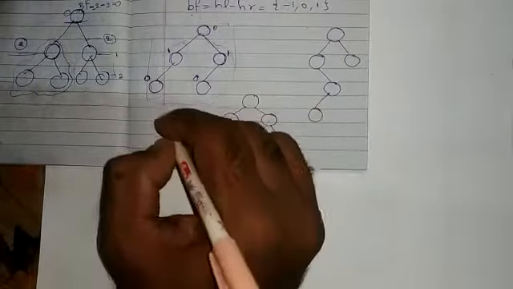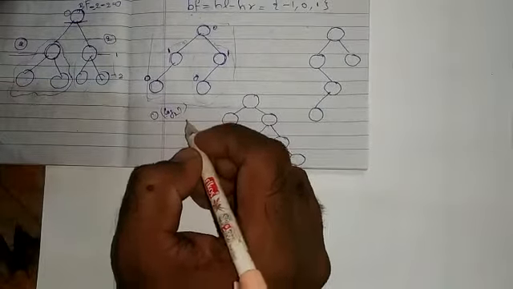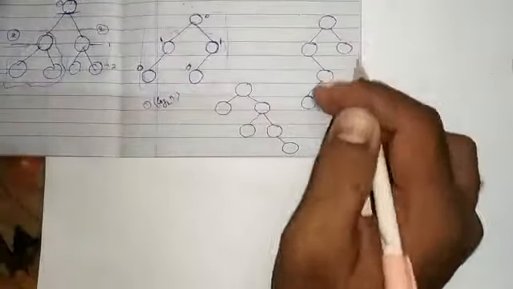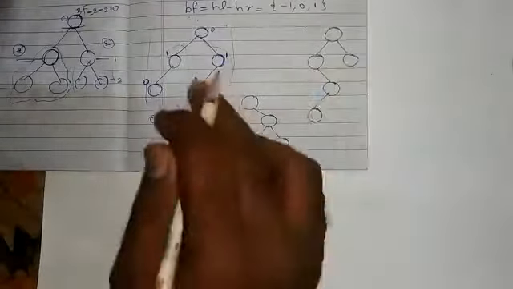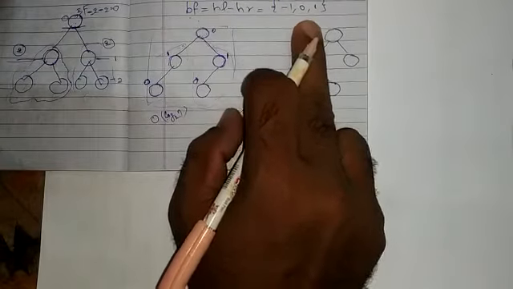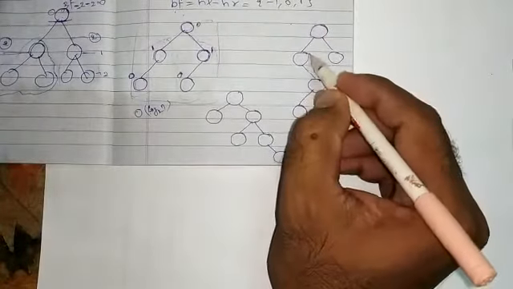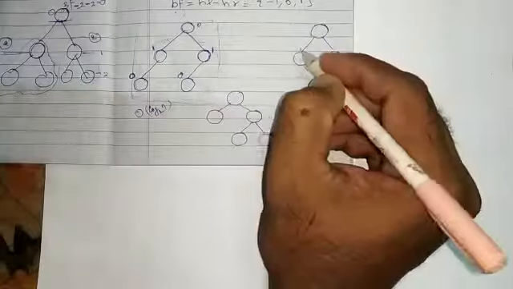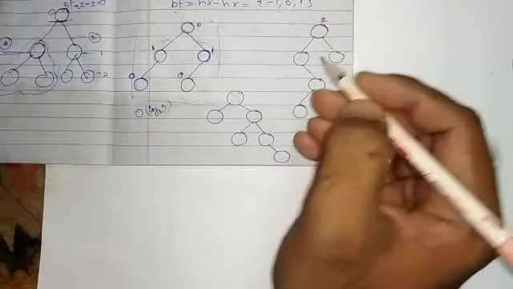This tree will give a search time of big O of log n base 2, which is better. But these two other trees are not balanced, because we can say the tree is balanced only when the balancing factor is -1, 0 or 1. See, everything here is 0 or 1 only. Now for this type of tree, I want to find the balancing factor for this node. Come to the left subtree height: 1, 2, 3. The right subtree is what? 1. 3 minus 1, 2.